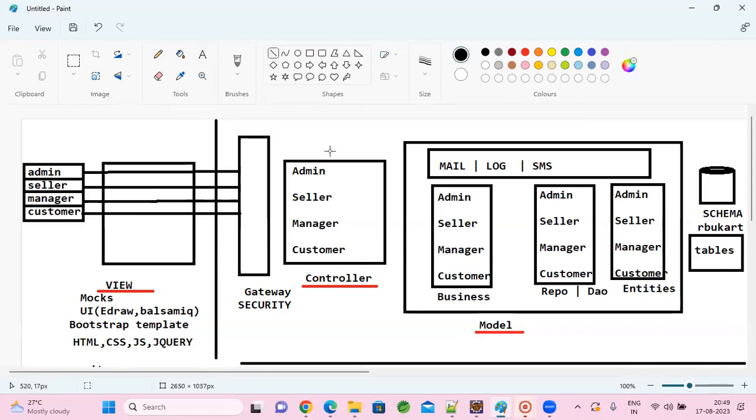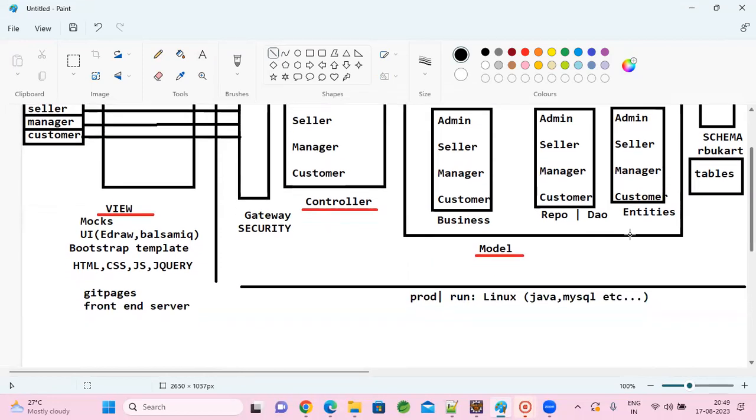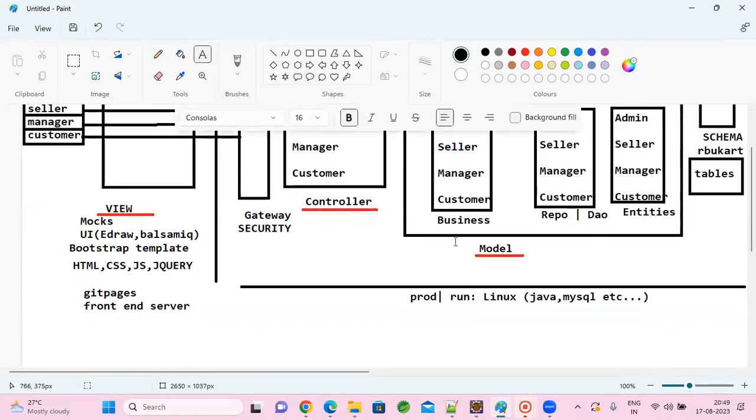While deploying, instead of deploying this as a single jar file or a war file, mostly we'll convert it into jar files and deploy them on this Linux machine.